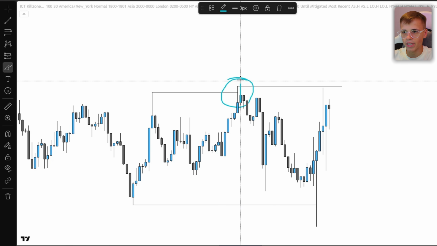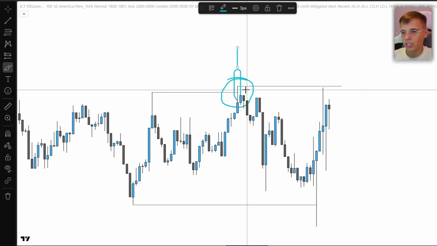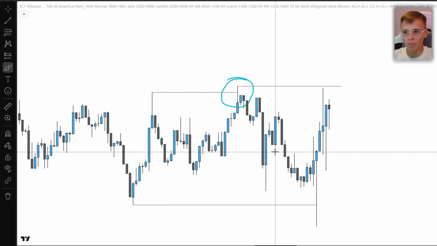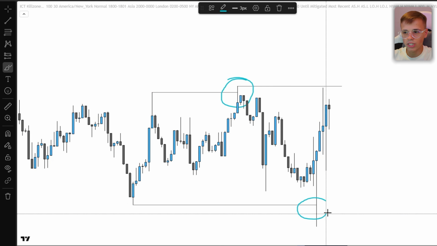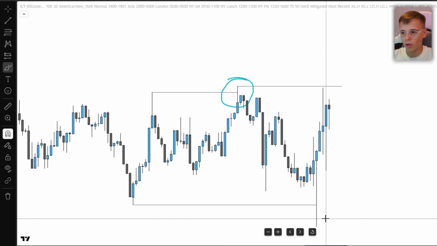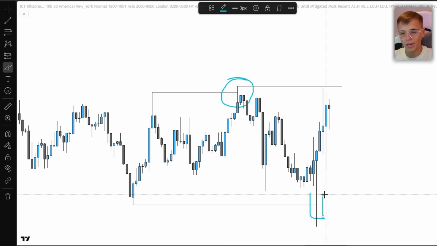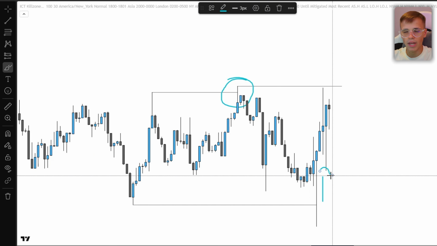So this blue candle right here wasn't going to the upside with a wick like this, which would be an indication that the market wants to go to the upside, but it just spiked to the upside, took this liquidity and went back to the downside. Same goes here. You can see this slowdown here. It just got swept. We did not close below it. The market did not show any indication that it actually wants to progress to the downside, but we just swept liquidity and bounced back up. So that is a nice indication that the market wants to reverse.